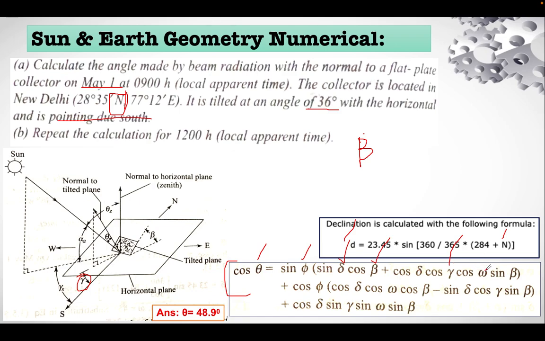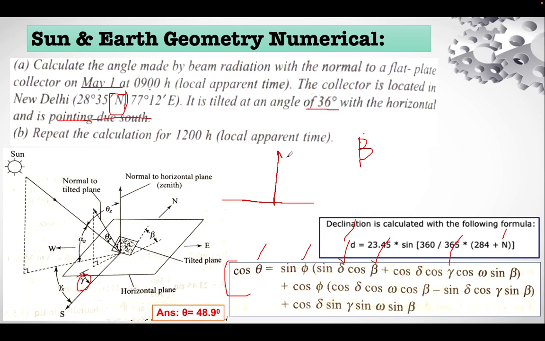Now remaining is omega. For that, the time of that particular location is given: 900 hours, which means 9 a.m. in the morning. So first of all, to calculate the omega, you must know what the hour angle is. In that case we saw that if there is one particular location,